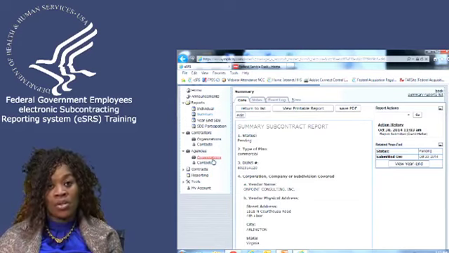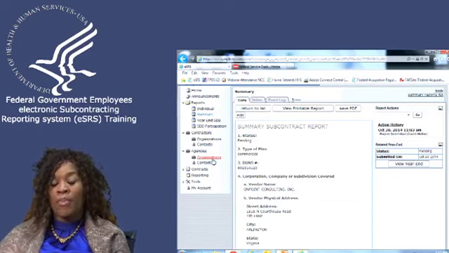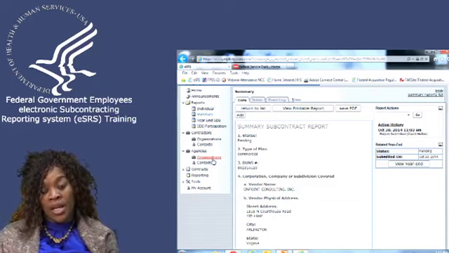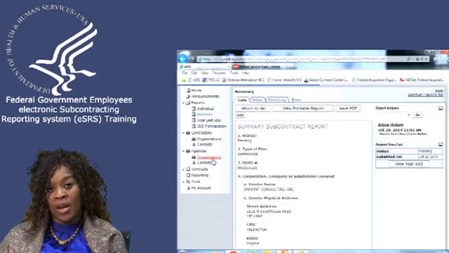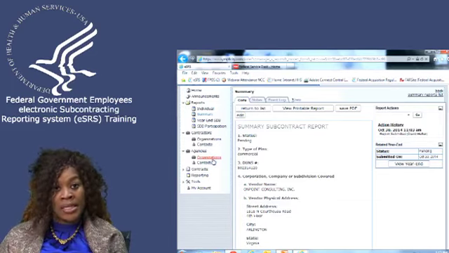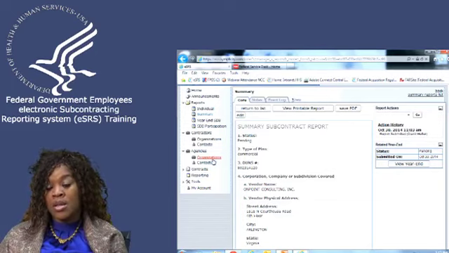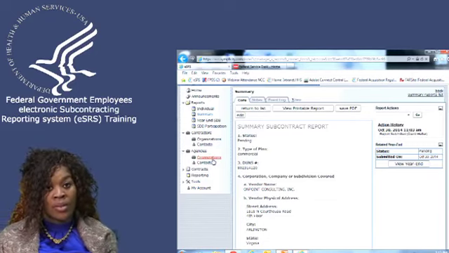And if your request is to reject it, they will reject it. If your request is approve it, they will approve it. What I need for you to understand, if you do not approve the report, your agency will not accept credit for it. Any report that is in pending status, your agency does not get credit for it in their annual subcontracting accomplishments. Any report that is in reject status, they will not get credit for it as well.